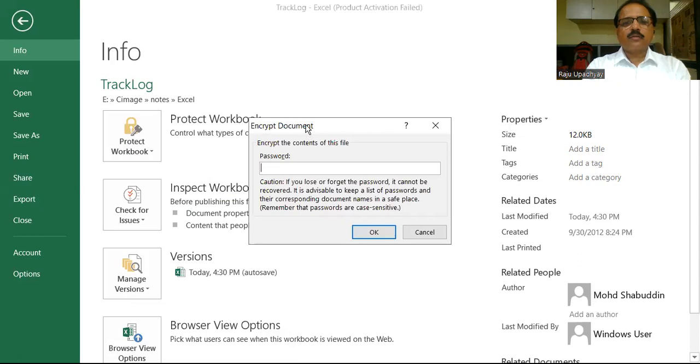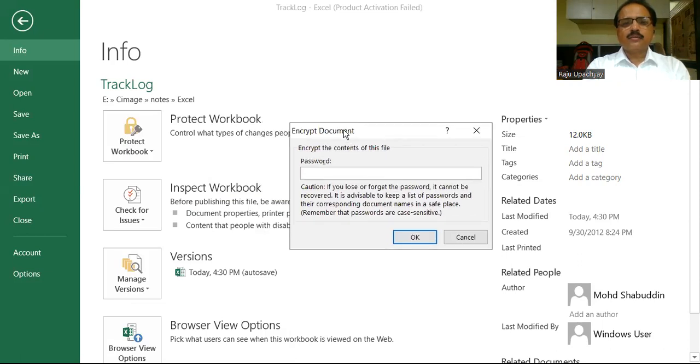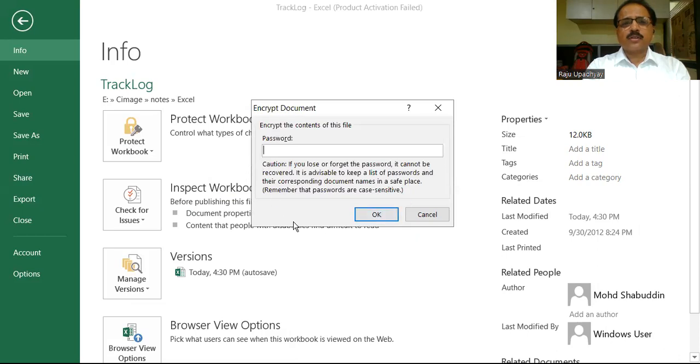The moment you click on Encrypt with Password, you'll get a small dialog box asking for your password. Whatever password you want to give to your workbook at the time of opening it, you have to mention here. But one very important note we have to keep in mind: if you have given the password, you have to write it down somewhere, or remember this password all the time. If you miss out the password, you won't be able to recover it and you won't be able to get the workbook content back. So let's say I'm writing a password here,